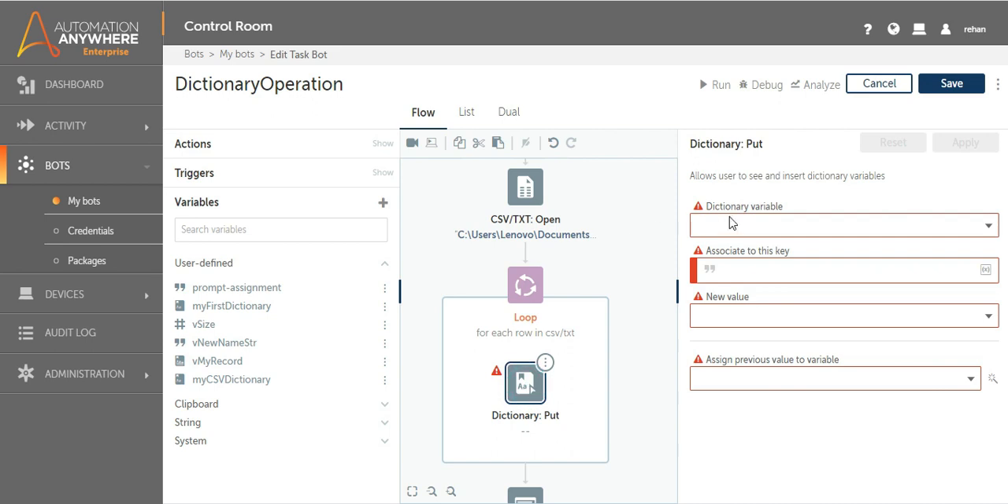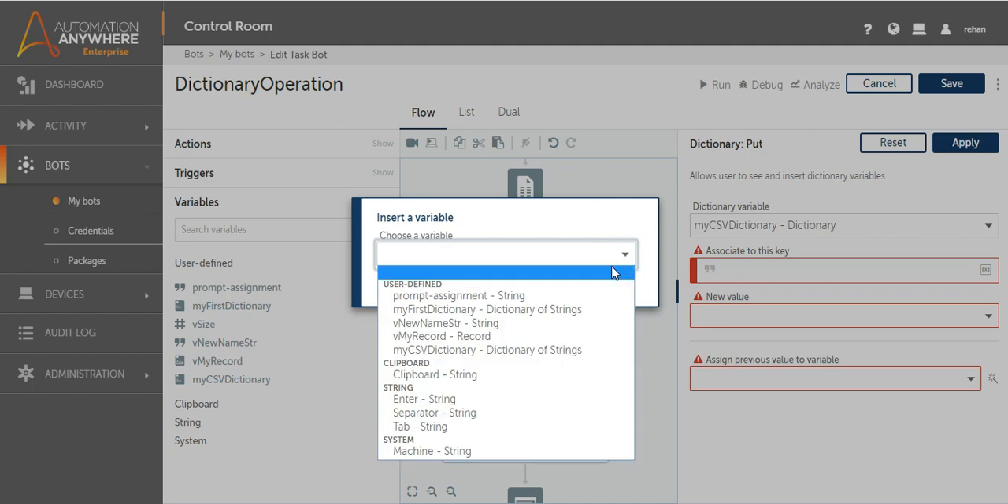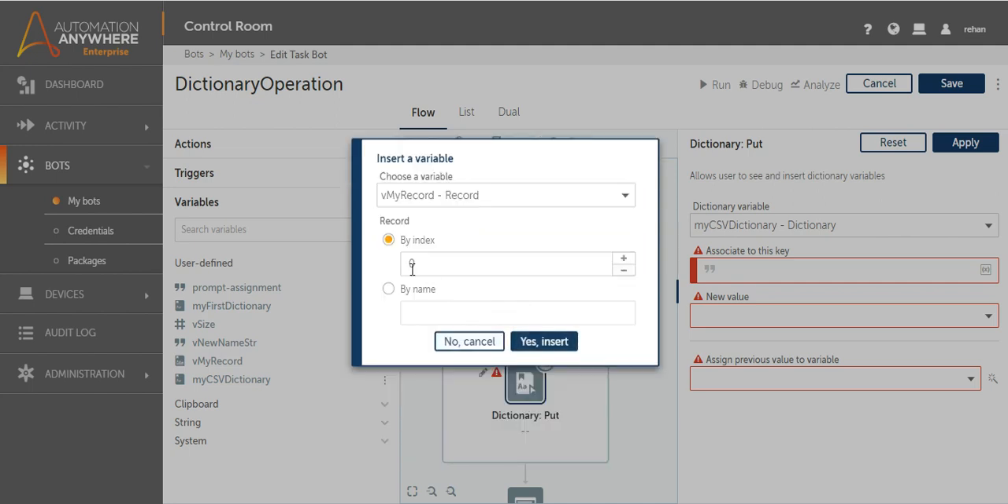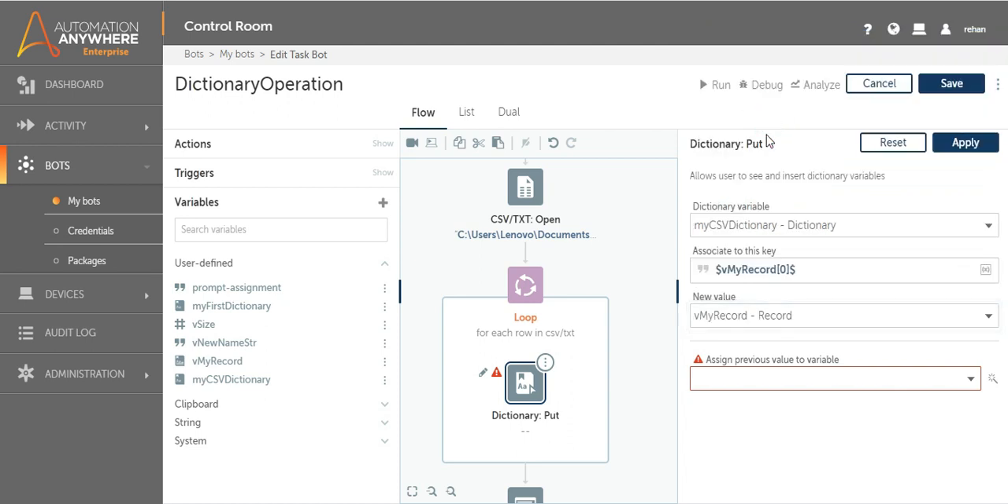Now come again here to our CSV dictionary. Now associate this key. What will be the key then? We have to take it from this CSV file. If you remember, we have stored each row as a record, so it would be stored in my record. Let's go into the record here. That will be my record, and the index will be 0. On the 0 index it will be our employee ID, and on the first one it will be the name of the employee. So let's say the key is on index 0 and the value is stored into the